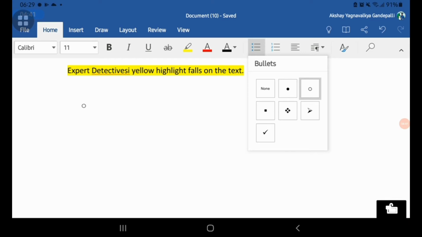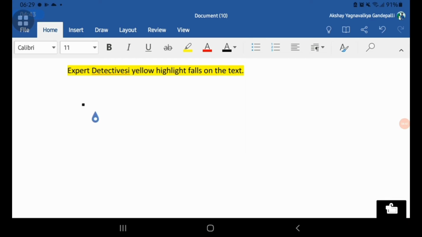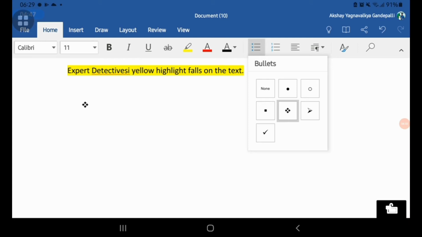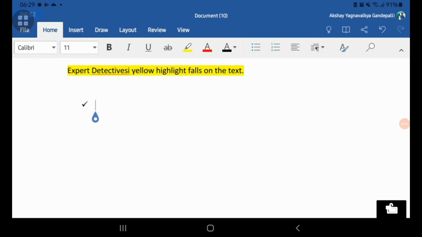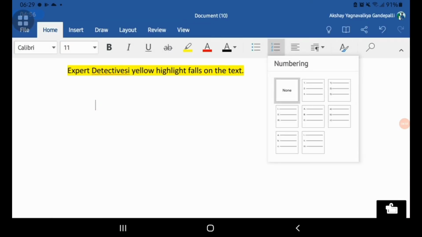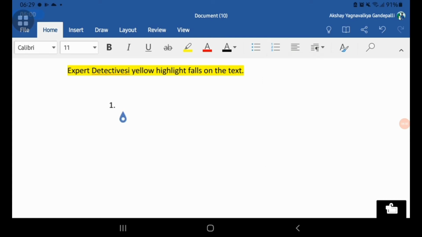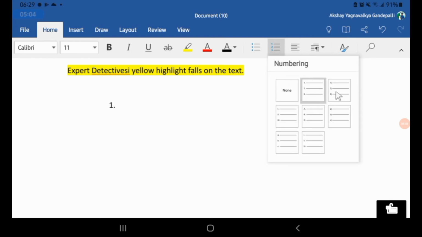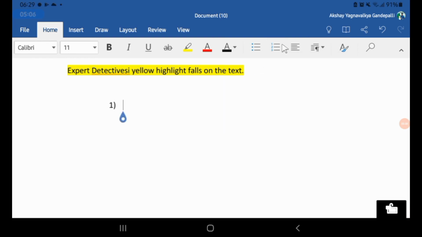Next, this is a square one filled with black color, this is an arrow mark, and this is a tick mark. So this is the option for numbering, meaning different styles of numbers will come. This is one of the numbers that we write in everyday life.